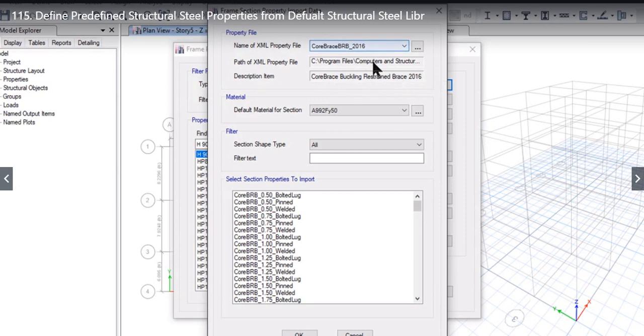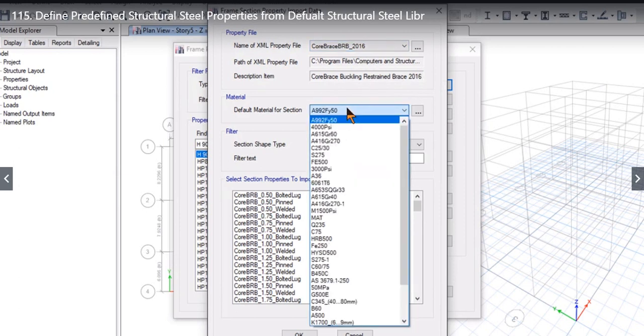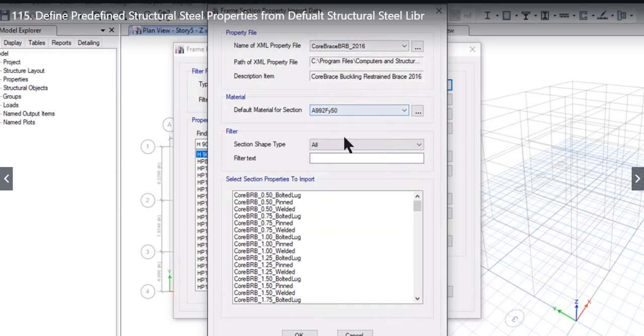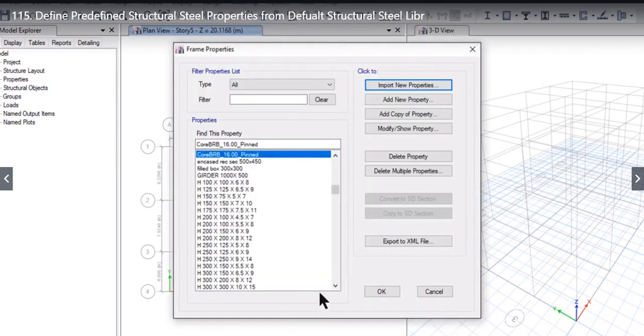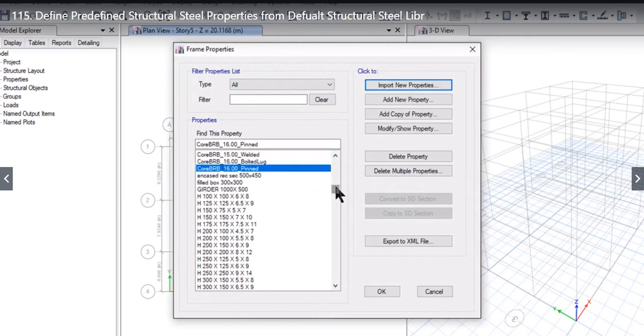So we select core-based BRB. We can select the material as per our requirement. We can select section shape type all to see all the frame section properties that are already defined by ETABS. So we can select all the section properties and just click on OK to import these section properties.